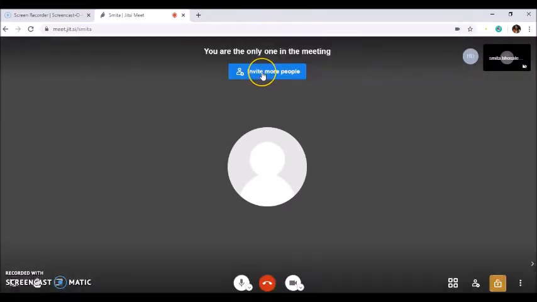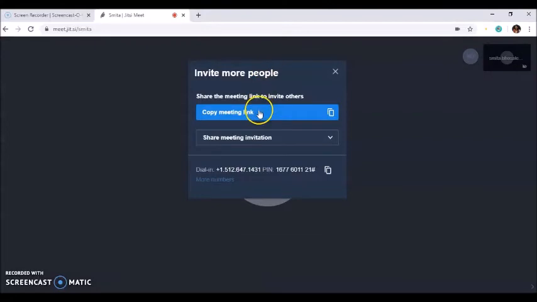Here is the option to invite people. So click on this icon. Here you get the link of the meeting. You can copy the link and the link gets copied to the clipboard.